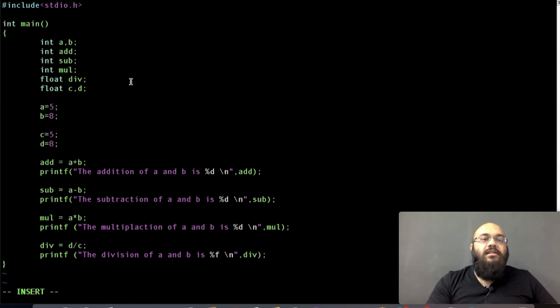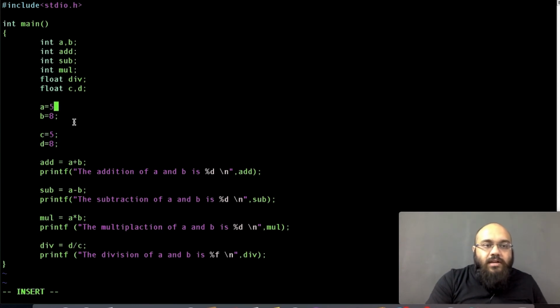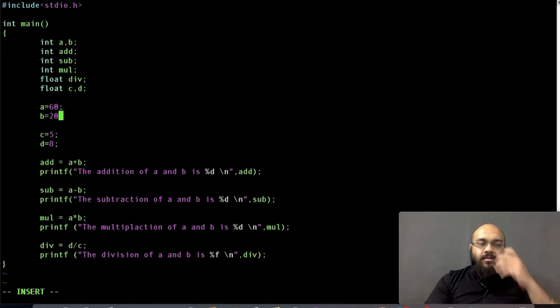Cool. So finally we have written a very simple program of addition, subtraction, division and multiplication. Now very quickly, this program actually doesn't make a lot of sense, because as a user you don't have an option to enter two numbers. As a programmer, I can go inside and change this value, right? If I want to find the addition of 60 plus 20, I can give this 60 and then I can give this 20. But as an end user, you can't go and change the program.